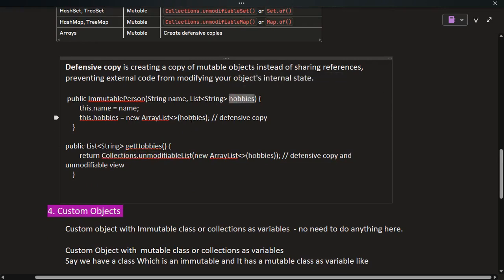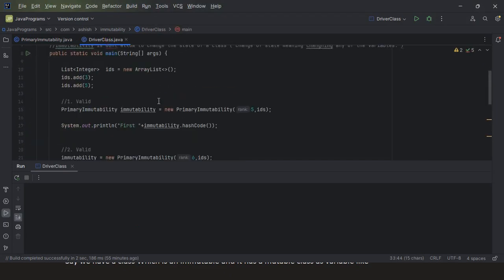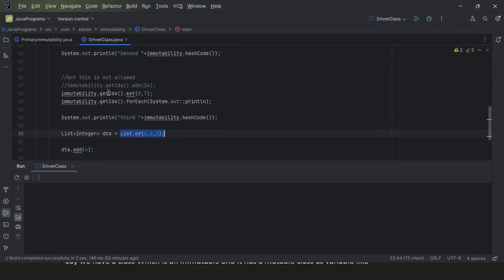Now coming to custom objects with immutable class or collection as variables. No need to do anything over here. We have a custom object which is immutable, and then we have a collection which is also immutable. In that case we don't need to do anything. That is immutable by nature. Now we have another subset, called custom object which is immutable with mutable class or collection